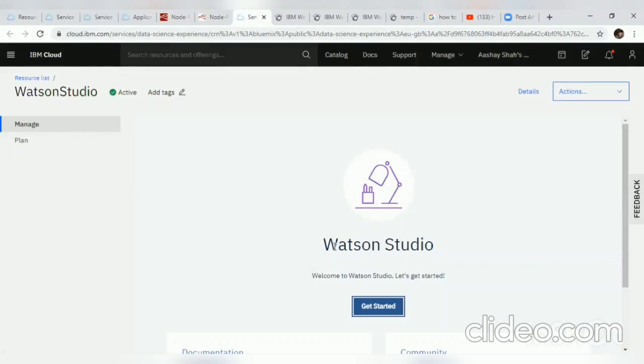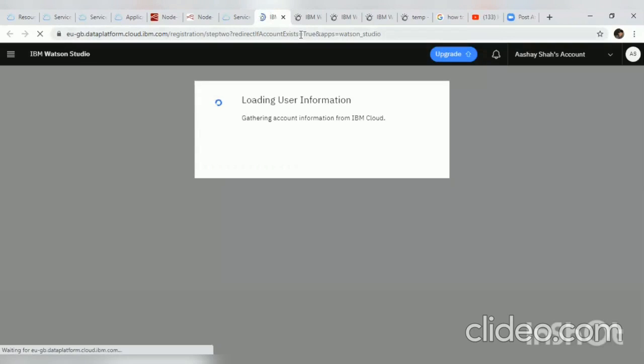Now you will get this page and click on get started. This will load your credentials, such as username and password.